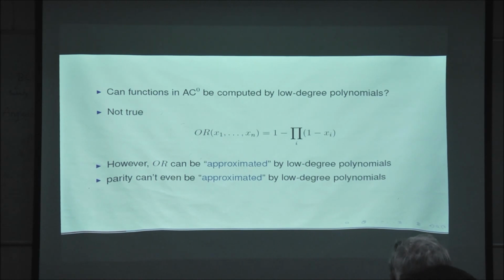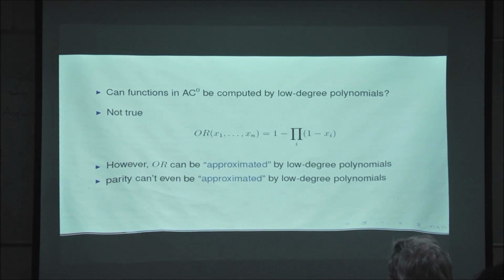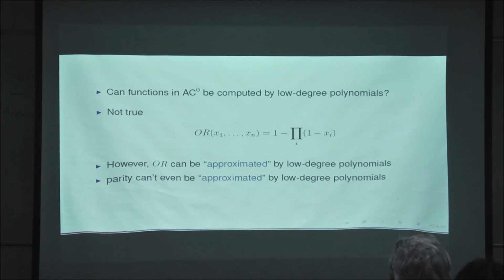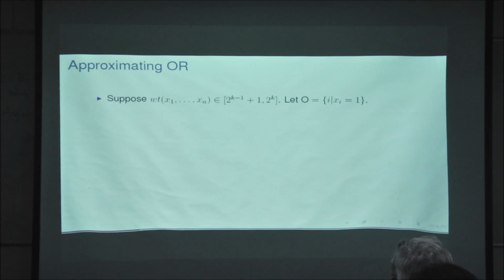In the tutorial, we show that majority cannot be approximated. A similar proof works for parity over the reals, and that implies that parity does not have small AC0 circuits. So let me just do a brief overview of how this approximation of OR works, because that's really the key to approximating AC0, and it's going to lead into the results that I'm going to present. This is actually an old result, not due to us. It's an old result of Tarui and others, so I'll talk about it.